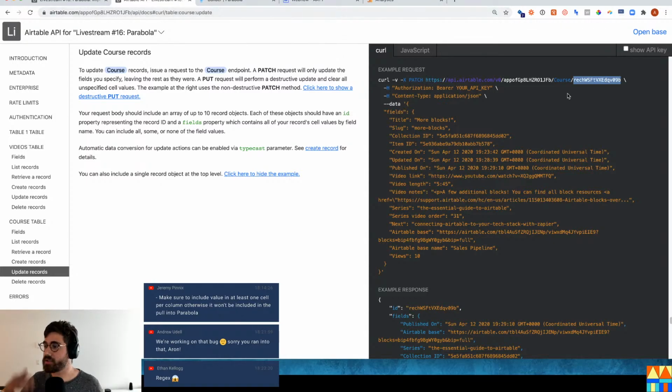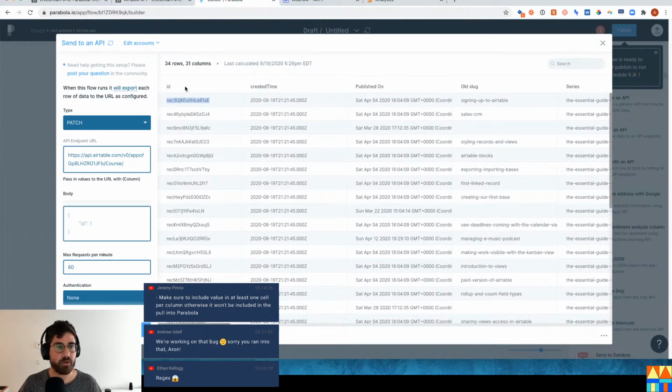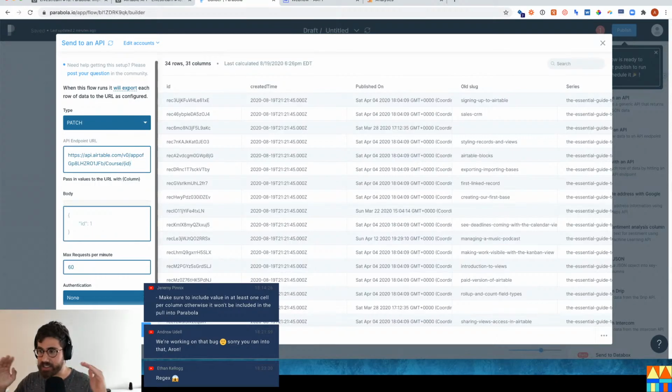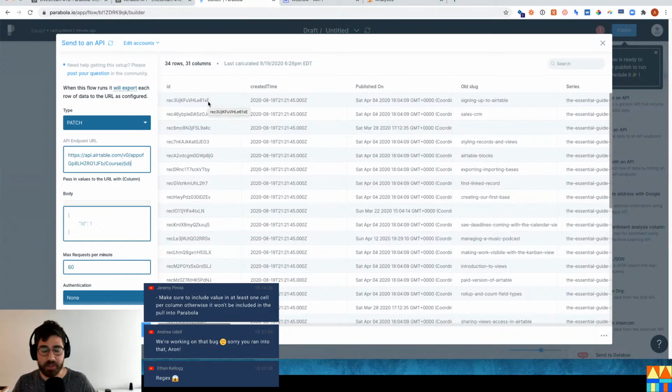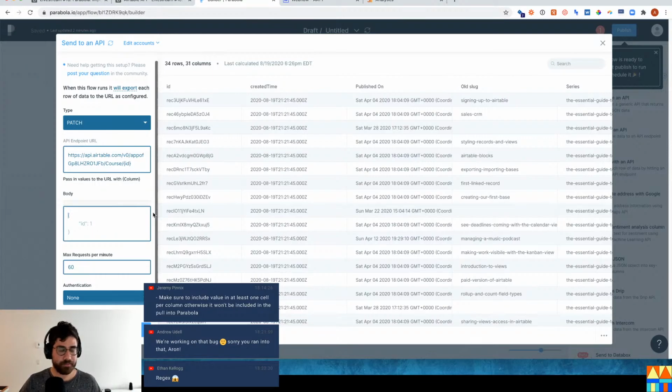I want it, when it's doing those API calls, to always replace that record ID with this one right here. So how you specify in Parabola to say, okay, when you get to that row, take the value in that specific field or column, is to put it between brackets. So I'm essentially saying, take that ID from this table, and that's what's going to tell this API call to find the right record to update the right page views. Then from there,